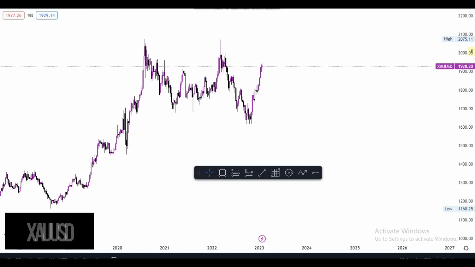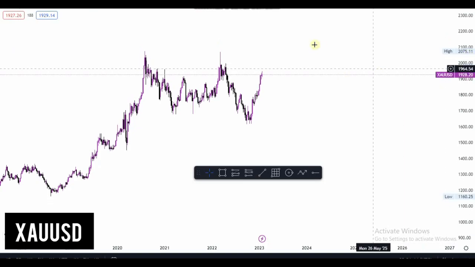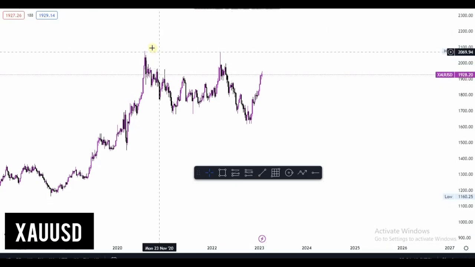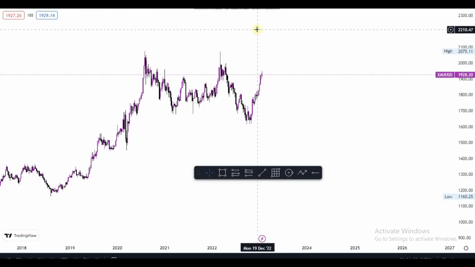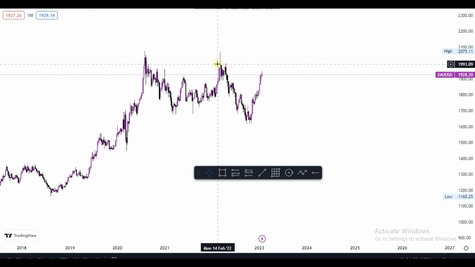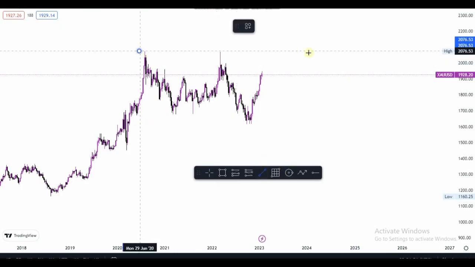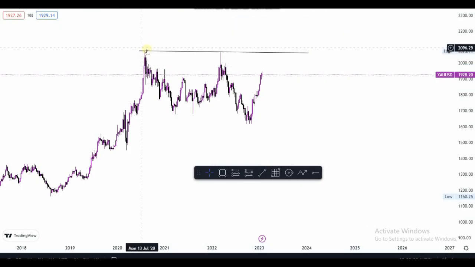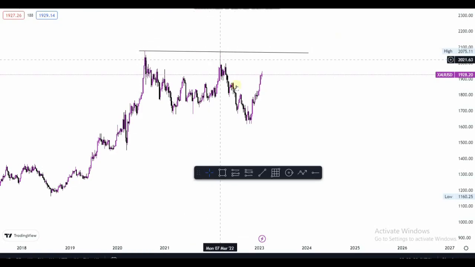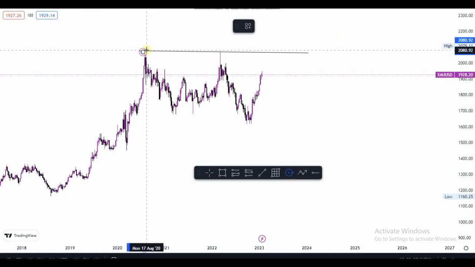So guys, as you can see, we are on gold and this is the weekly time frame. Firstly, we're going to start by identifying our market structure. Most of the time we use our trend lines to identify our market structure. So as you can see here, we have our first touch and our second touch over here. So this is our first touch and this is our second touch. So therefore we're looking to make